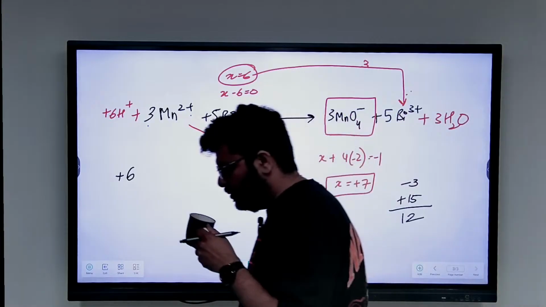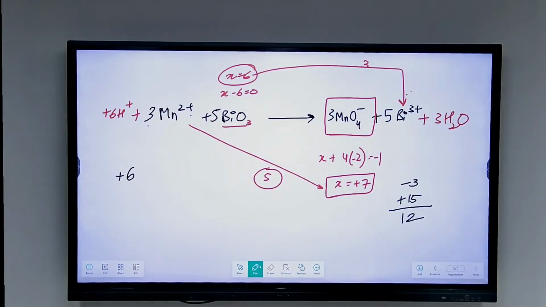बैलेंस हो रहा है क्या? देखो, मेरे हिसाब से हो गया।